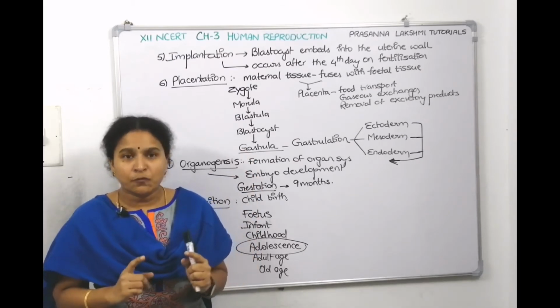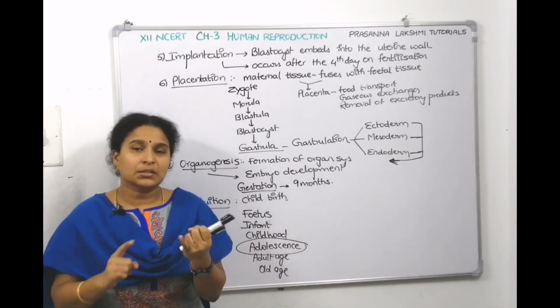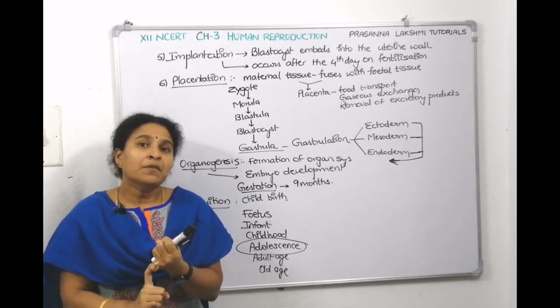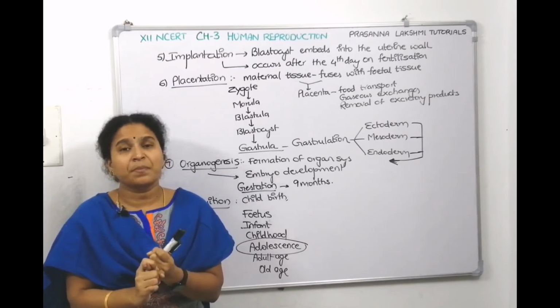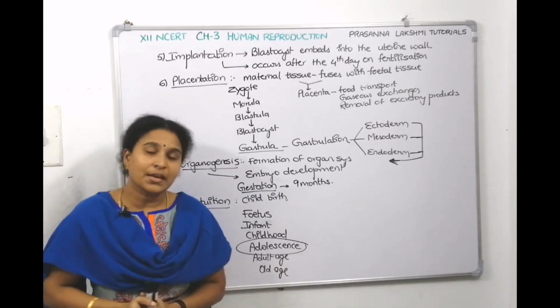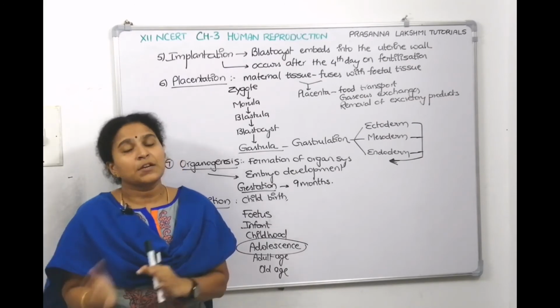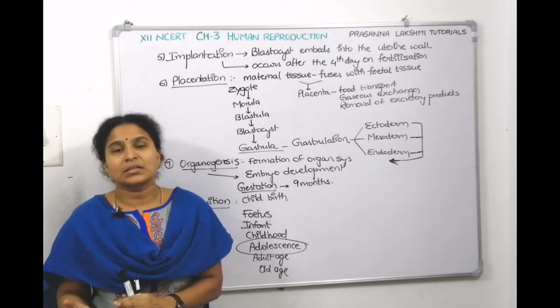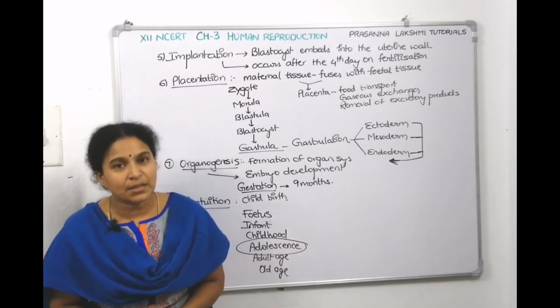Let us see that. So far, what did we discuss? We discussed the terms related to sexual reproduction. We discussed the 8 phases of sexual reproduction. Now we are with the adolescence age and we are going to discuss the differences between male adolescence and female adolescence characters. Take a screenshot.